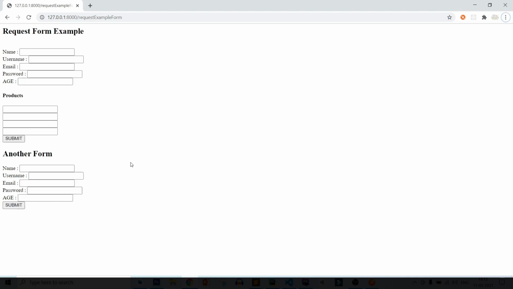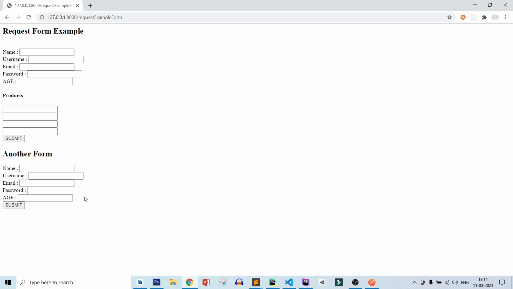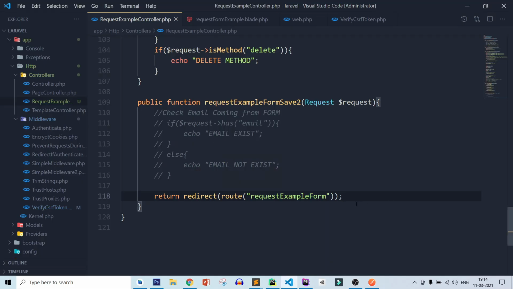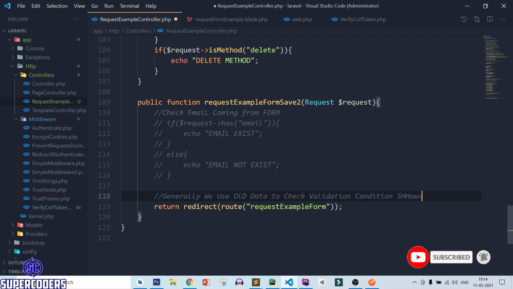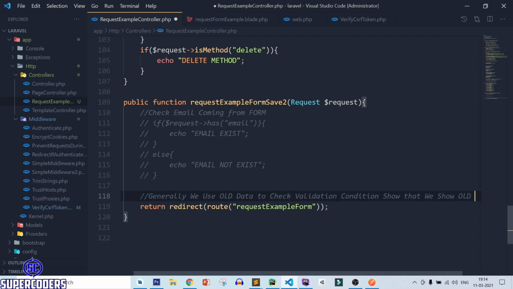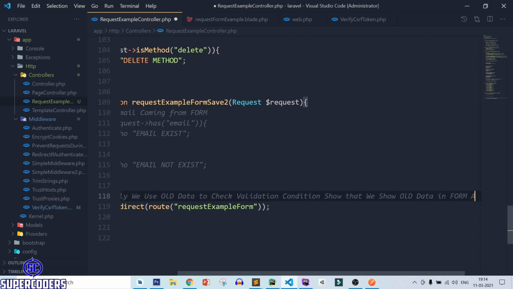But let's see how you can redirect back to this page with all inputs, means how you can pass the data again back to this page. So let's see. Generally we use all data to check validation condition, so that we show all data in form again.